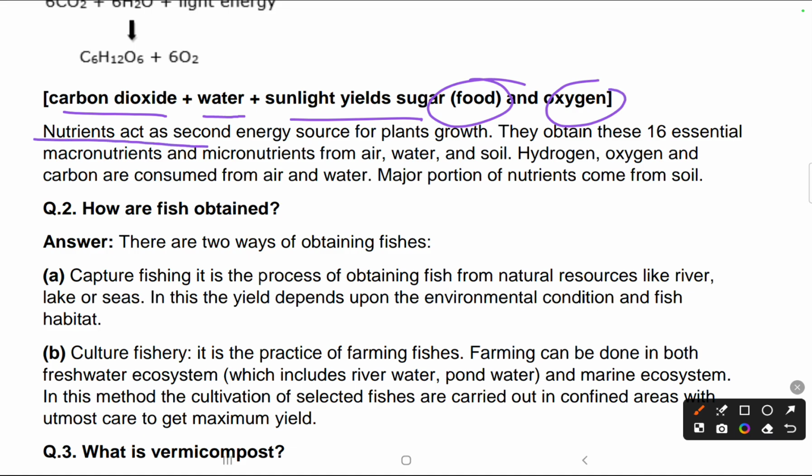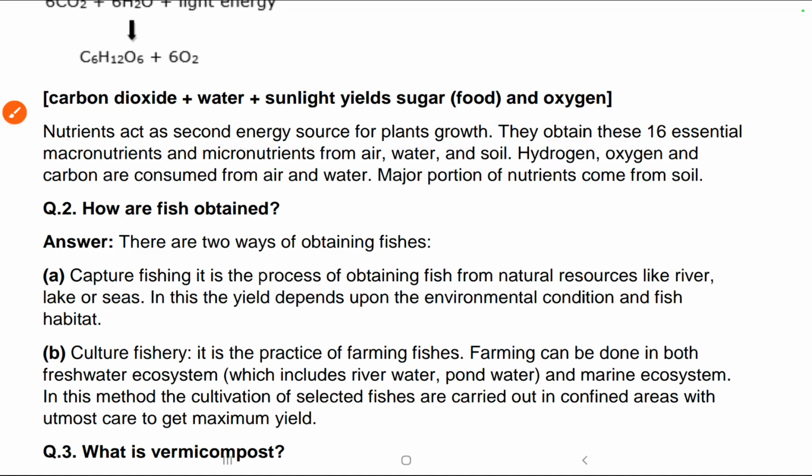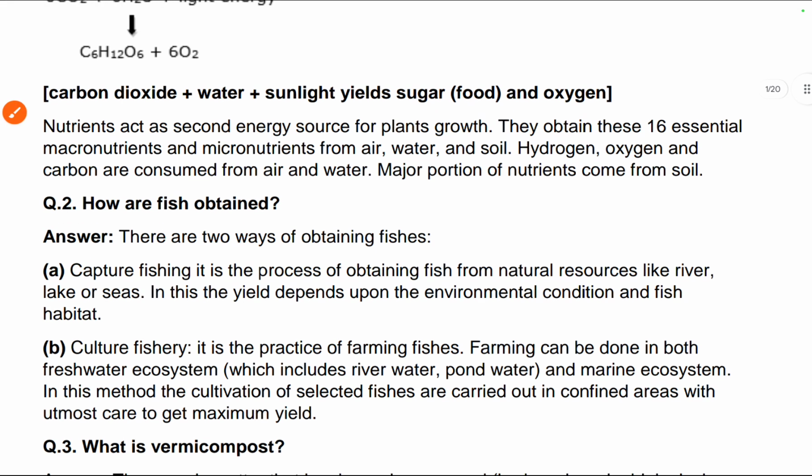Nutrients act as an energy source for plant growth. They obtain these 16 essential macro and micronutrients from air, water, soil. Hydrogen, oxygen and carbon are obtained from air and water. A major proportion of nutrients come from soil. So there were 9 macronutrients and some micronutrients, which were 7. So now the second question, how